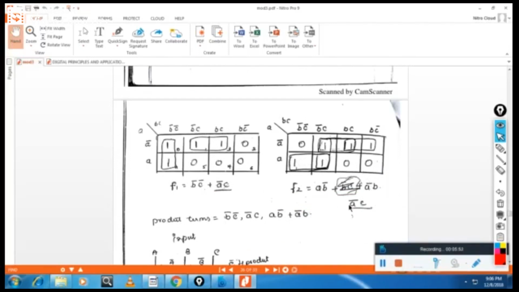When you solve this, you will get an answer something like this: BC bar, AC bar.